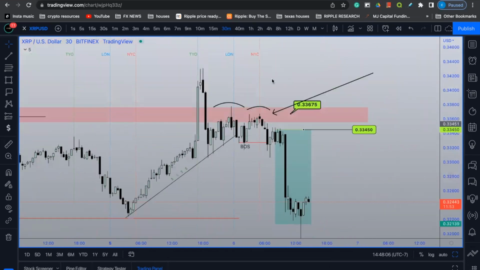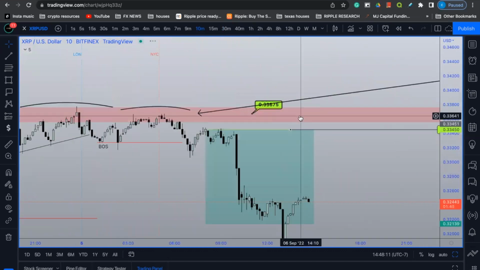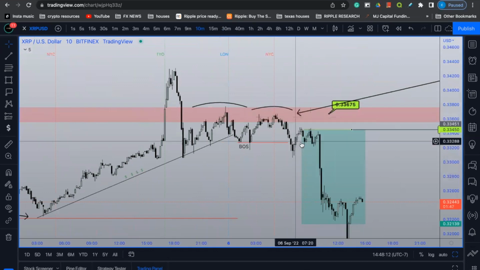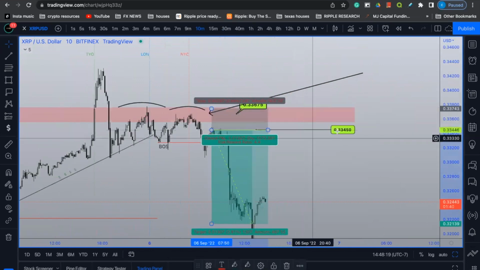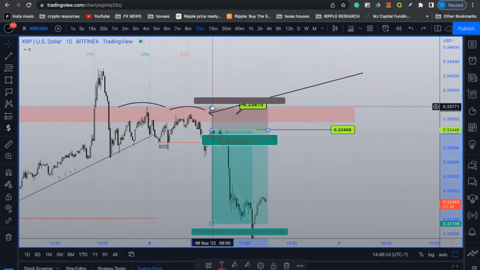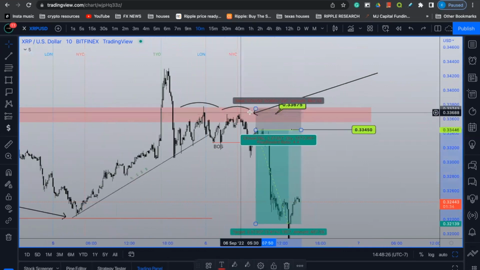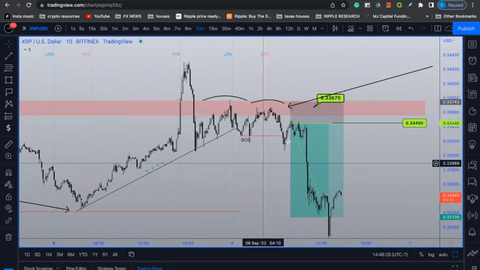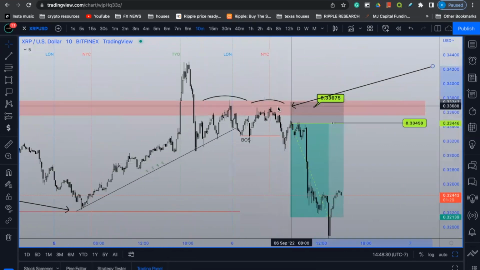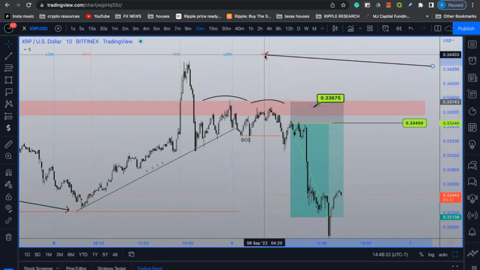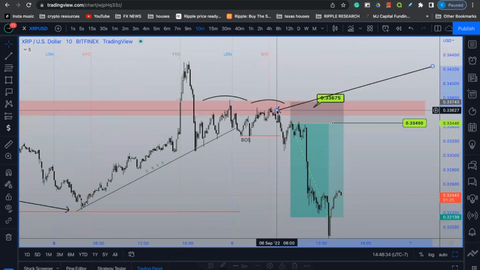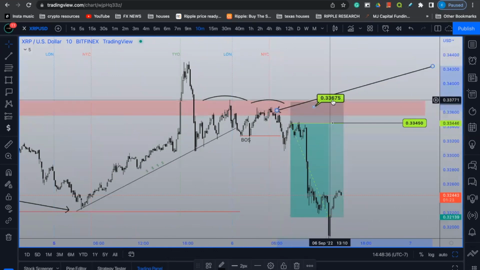Now, with that being said, coming into this New York session, we're going to drop down to the 10-minute chart and I'm going to show you guys how fractally we were able to scalp this market. We entered into the market again at 33450. As of right now, my stops are moved to break even, but this is where my stop loss was when I initially entered the trade. So coming into this market, I had already mentioned to you guys that we are operating at a high. As you guys can see, New York session got past price action at a high, roughly at around 33675.